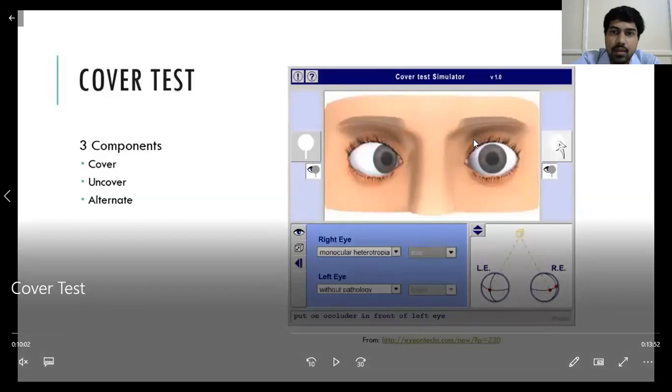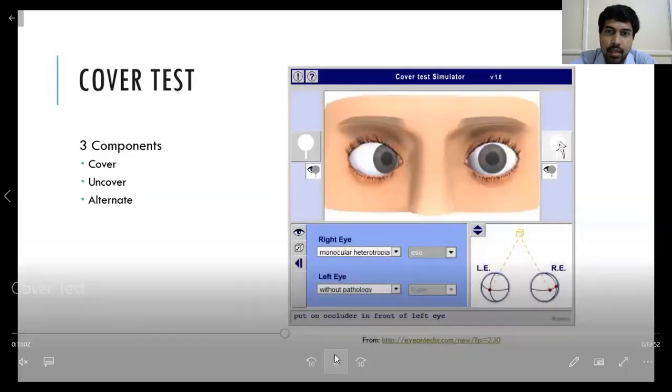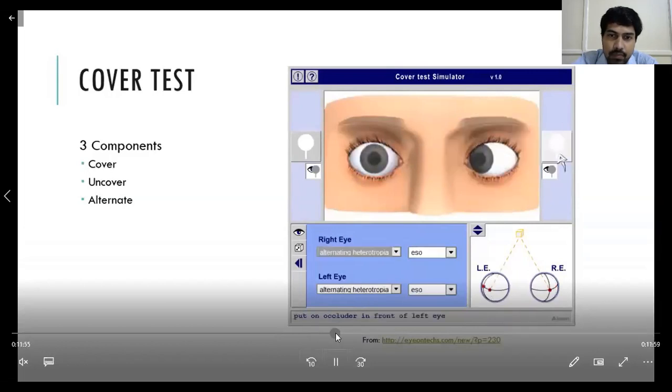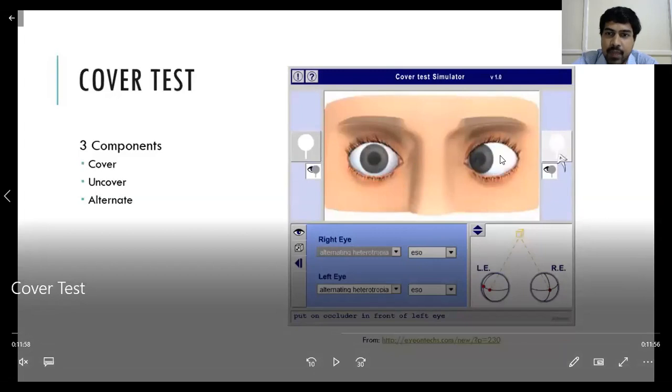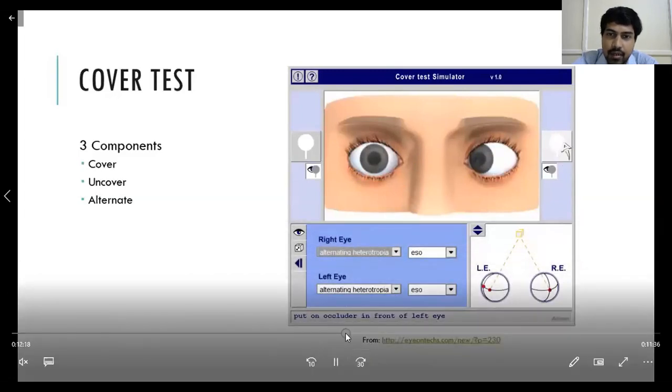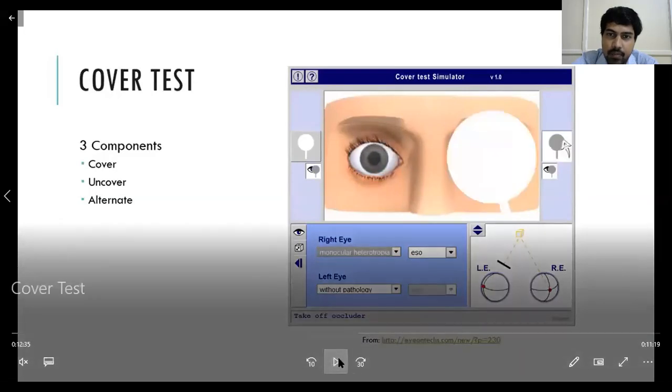Okay. So next, if only this eye is deviated and you cover this eye, the other eye will take up fixation and everything is normal. So you came to a diagnosis that there is a monocular heterotropia. Now the second thing is alternating. Suppose both eyes are having heterotropia, then how to diagnose? The alternating heterotropia. Here this eye is fixating and this eye is looking inside. For some time this eye is looking straight, and later on what happens? For sometimes the other eye is looking straight.